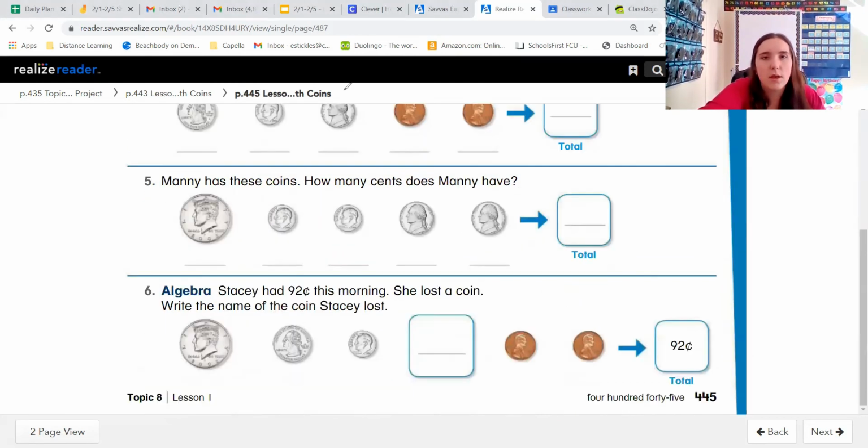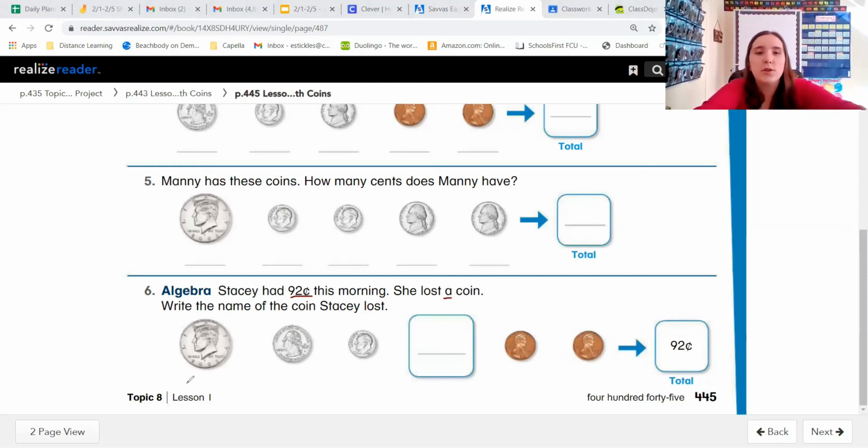6 together. Number 6 says Stacy had 92 cents this morning. She lost a coin, so she lost 1 coin. Write the name of the coin that Stacy lost. So we need to figure out what she lost. So let's add up what we have and figure out what the difference is, and that'll tell us which coin